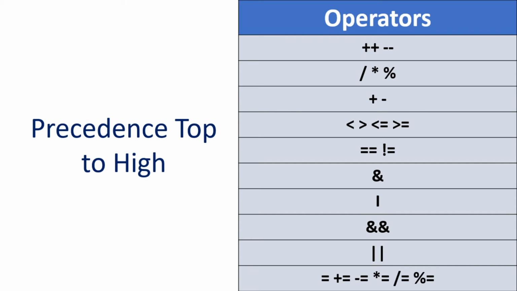So there have to be some rules according to which the IDE should compile the whole code, such that this operator will execute first, then this operator, and then this operator. So here is the little ladder that shows the precedence from top to bottom. That means the increment and decrement operators have to be calculated first when we have multiple operators in one statement. So in order to understand this accurately, let's proceed with our NetBeans example.